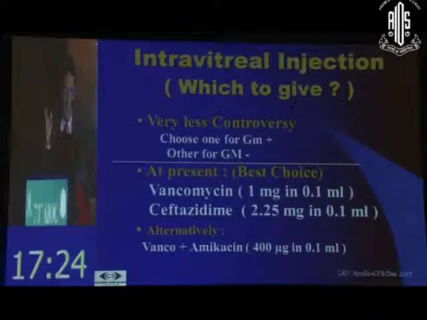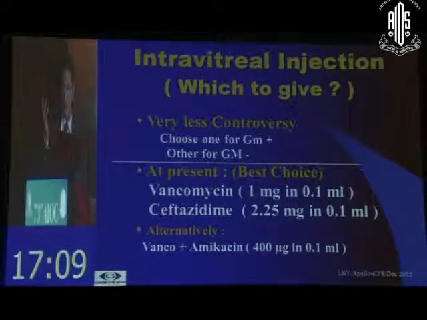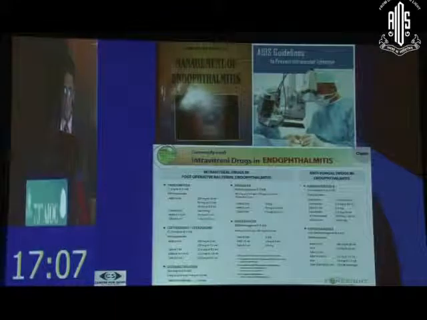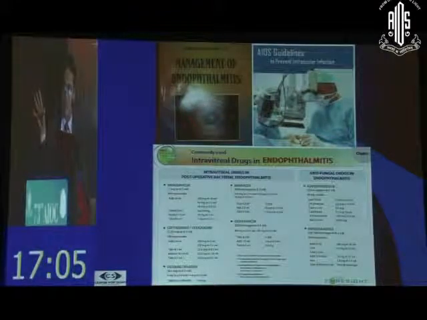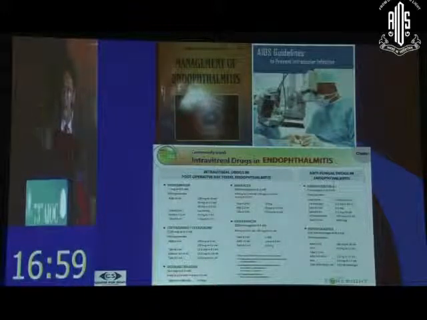Because ceftazidime, when it came, was very highly responsive towards gram negative. But as of now, reports show the sensitivity of ceftazidime to gram negative is around 70% or so, compared to Vanco for gram positive, which is still above 90%. So these charts we hang on the operation theatre wall, and once we are preparing the antibiotic injection, we have a look and prepare it, and don't make blunders in preparing, especially the aminoglycosides.